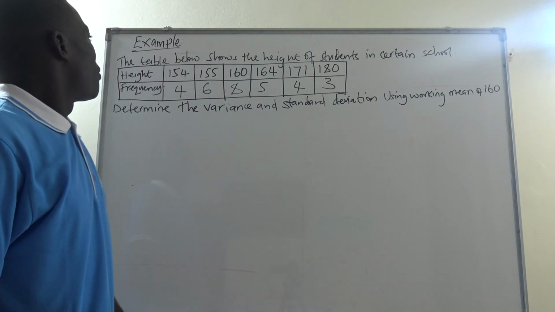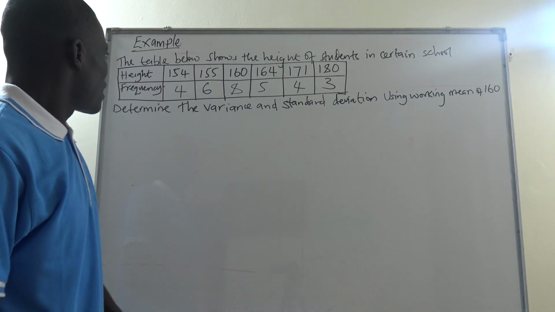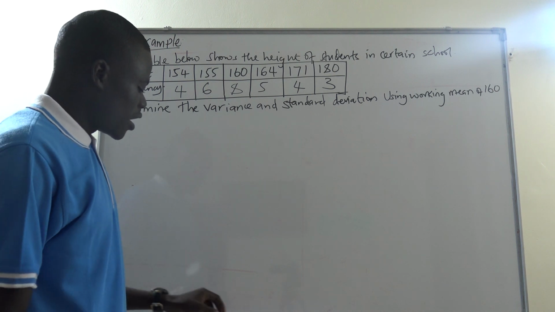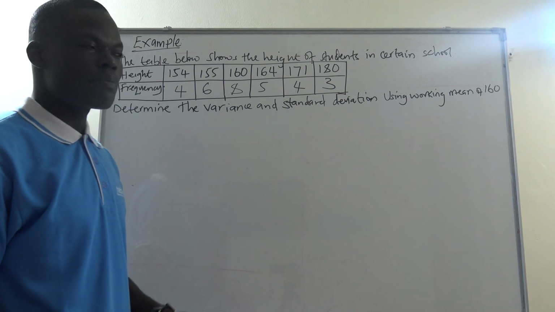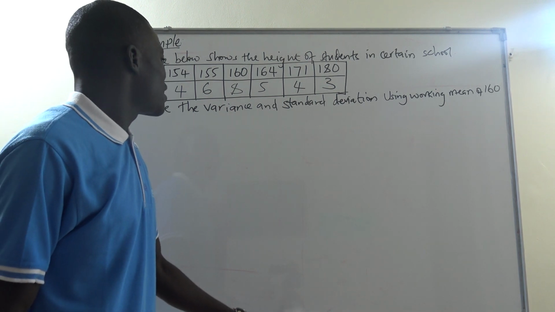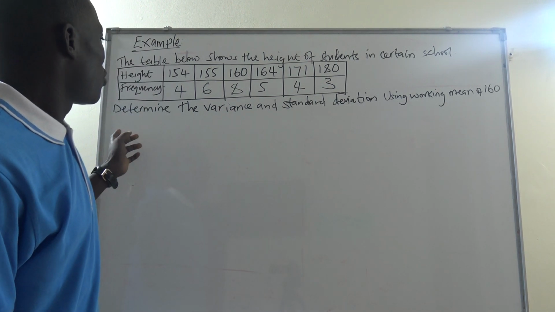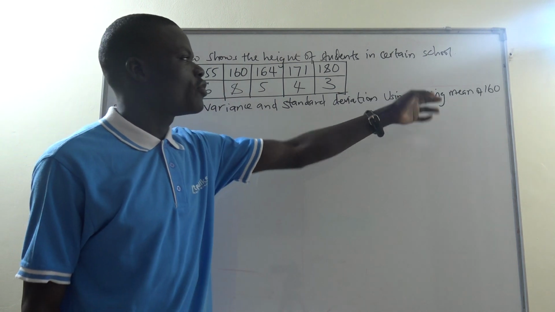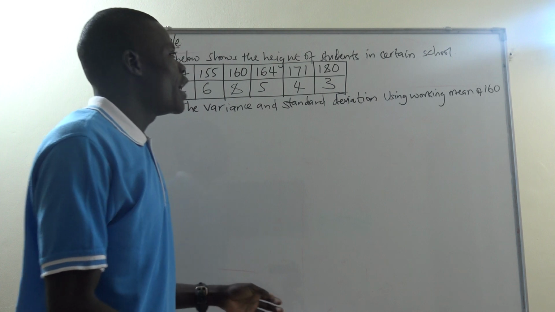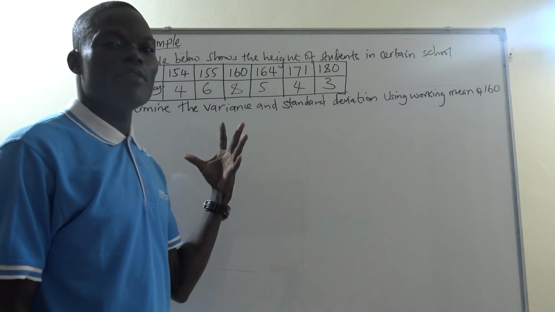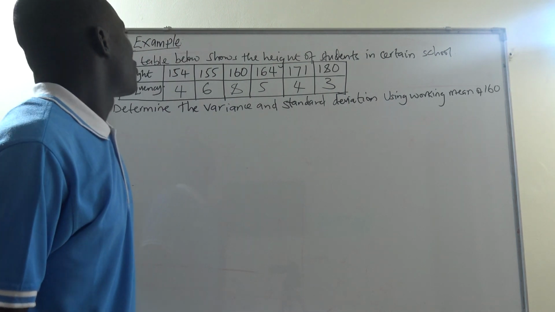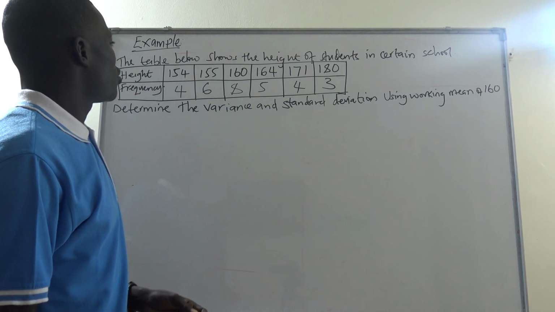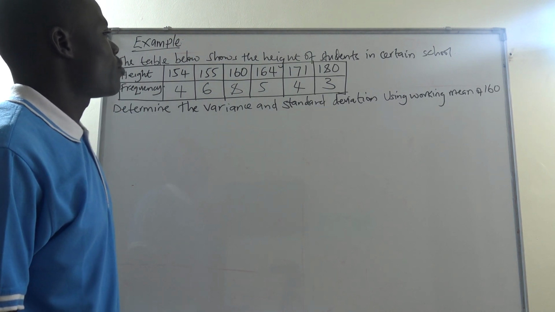So we are still proceeding with examples concerning variance and standard deviation, but for this particular case the example is somehow different because here the adverse has to determine the variance using the working mean, which we never had in the previous cases. So here we have one example that reads, the table below shows the heights of students